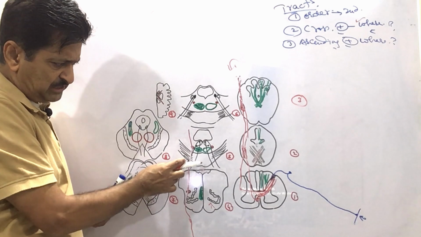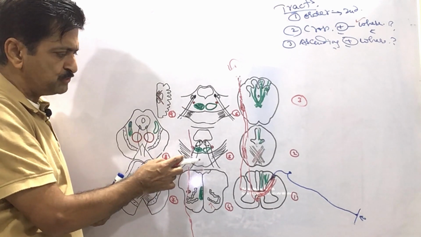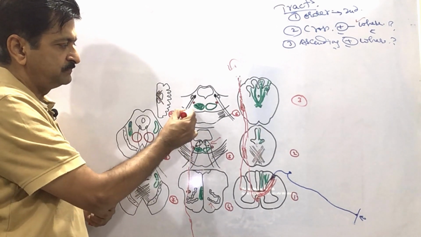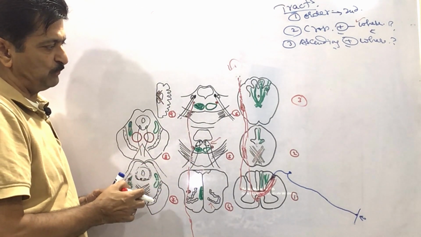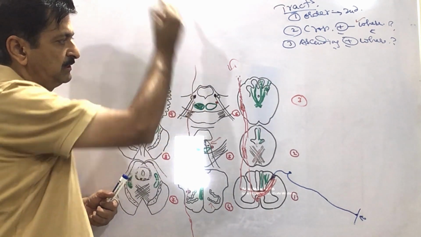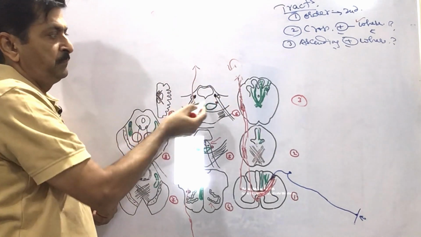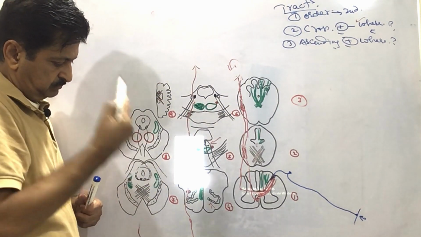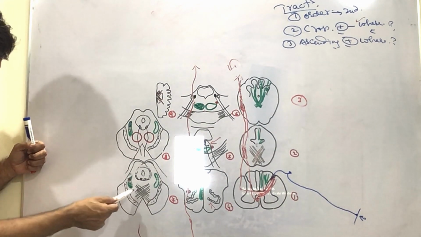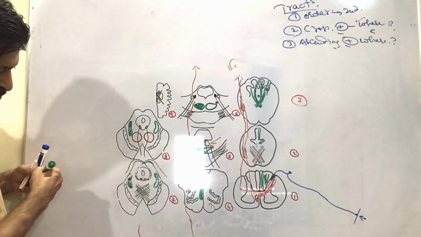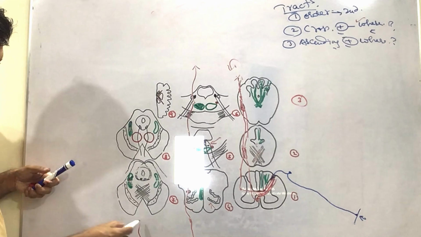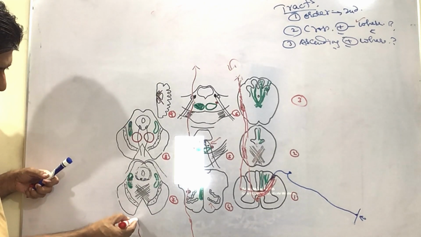Which section is this? 5? How do you say? Okay, now this time upper pons. How do you say this is upper pons? Trigeminal. Okay, this is trigeminal, and now you are watching here. Bring it down now. Where are you? Is it lower midbrain? How do you say this is lower midbrain? Trochlear, because the trochlear is going this way. If the trochlear is going this way, we say this is lower midbrain.